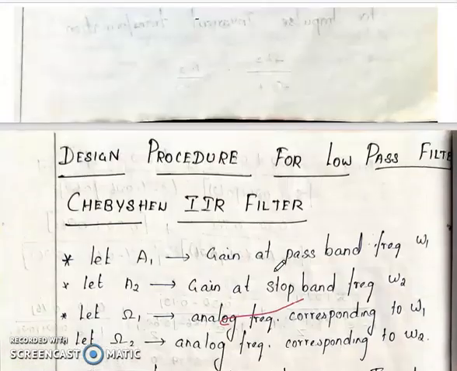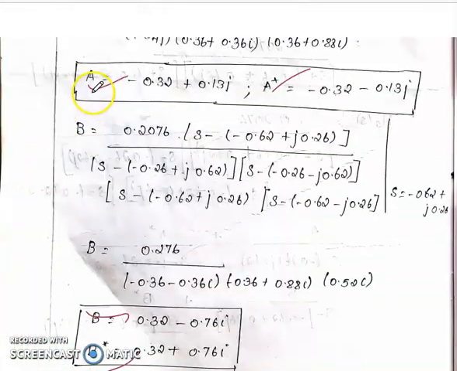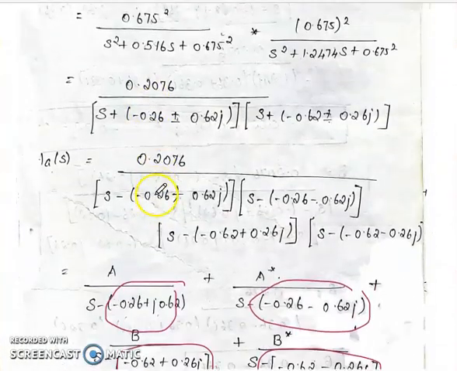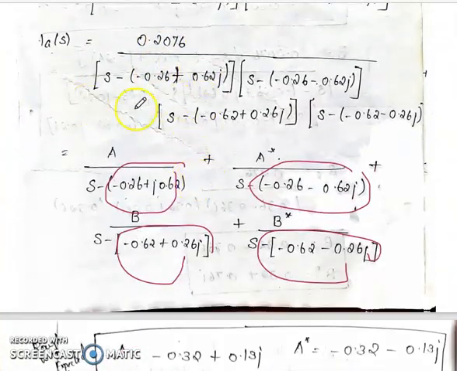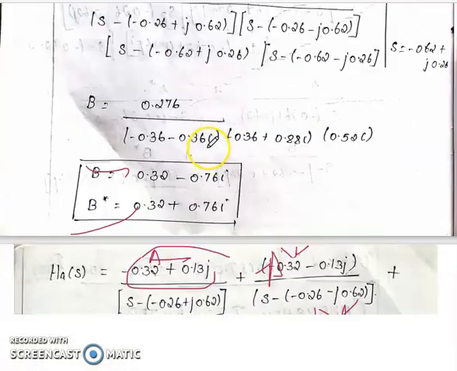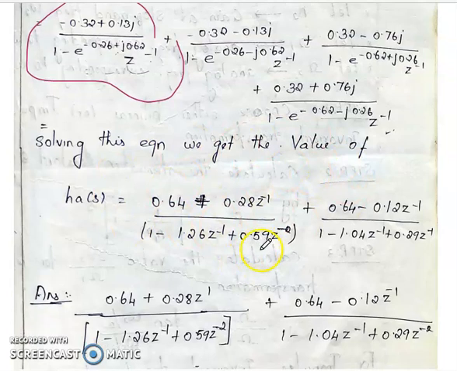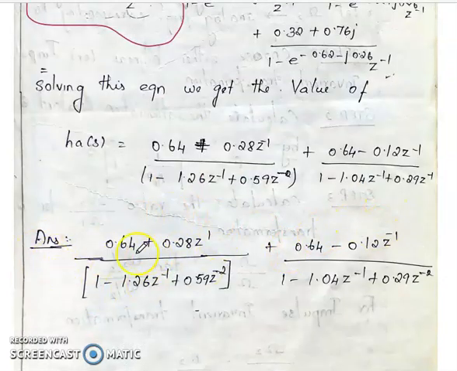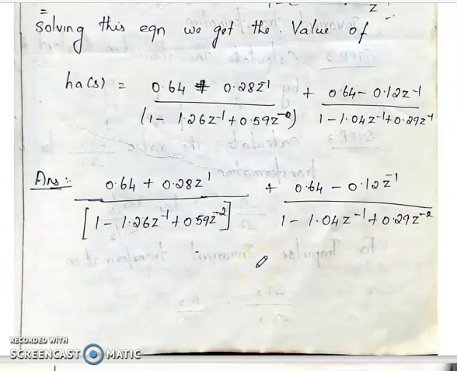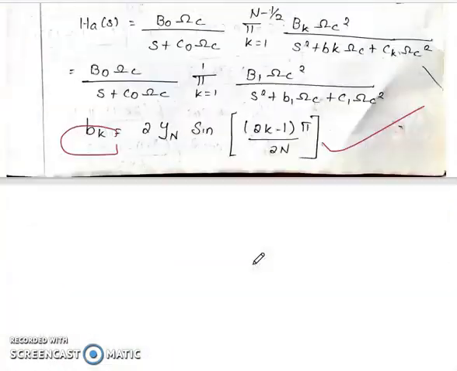So the same procedure will be followed here. First you have to find the hi of s, and for that value you have to find the partial fractions and find out the values of hi of s. Then we solve the equations and find the z inverse transformation for that equation. Then for these solutions we have to draw the realization function. So the same procedure will be followed here also for this technique.